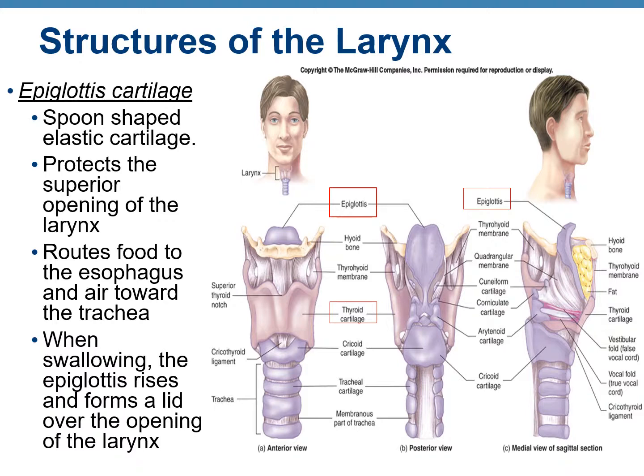So what happens when we are eating food, as soon as we swallow, the epiglottis rises and forms a lid or a covering over the opening of the larynx. So it makes sure that the food goes into the esophagus. And what happens when we are distracted is that the epiglottis sometimes does not close completely, and that's why by mistake the food goes into the respiratory tract instead of the esophagus, and immediately we start coughing, because the food has to be brought up and rerouted into the esophagus.